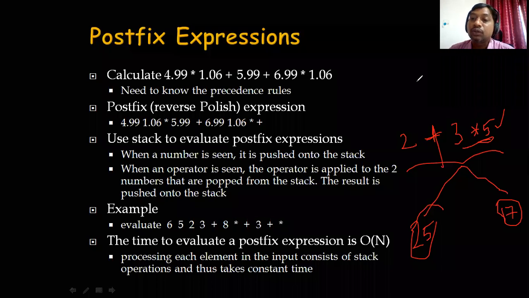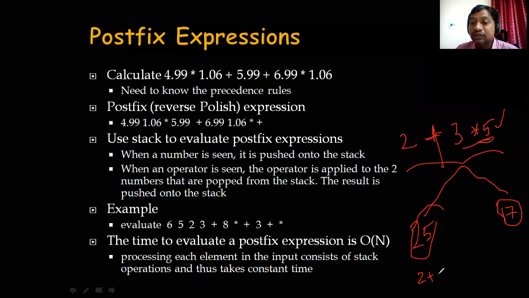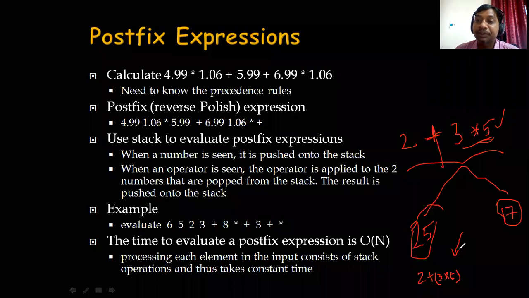So what we'll do is we'll convert this statement 2 plus 3 times 5 like this, 3 times 5, and group by using these parentheses, and we'll apply some precedence rules. The precedence rule states that whenever you have multiple operators in the expression, the operator having the highest precedence will be performed first, then the lowest precedence.